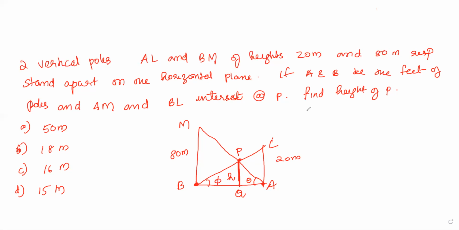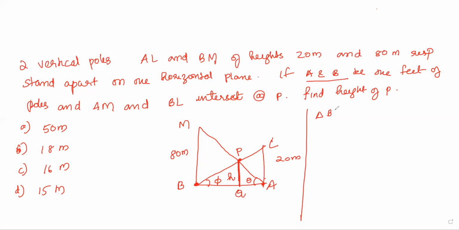Now I'm just considering the triangle. Hope you all have understood the figure, isn't it? So for the figure, you have to read the question and draw according to the question. Once the figure is wrong, your entire answer will go wrong. So you have to check whether you are satisfying all the conditions given in the question. You should not write M down, B up and all, because they have already told A and B are feet. So they should be drawn down or marked down.